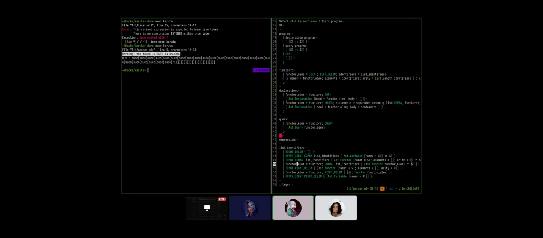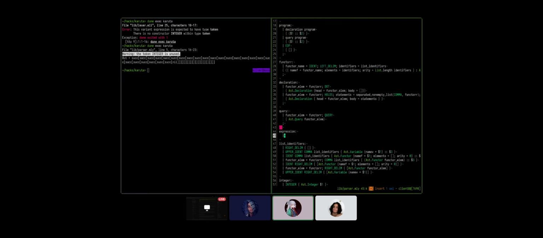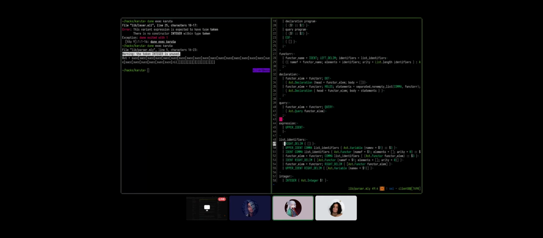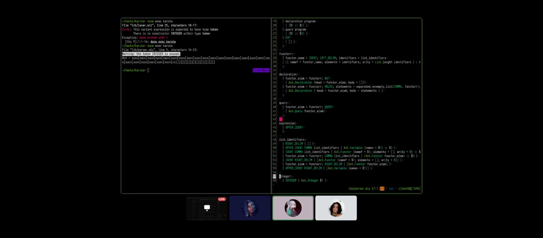Actually, let's make these things a little bit tidier because right now this is kind of a mess. So an expression is either an upper identifier or we need to create something in this case, right? I'm not sure yet what you're trying to achieve. Can you explain first, Maria? The problem is that the definition of an expression is not explicit here. It's kind of mixed together with a list of identifiers. And that's kind of terrible, actually.